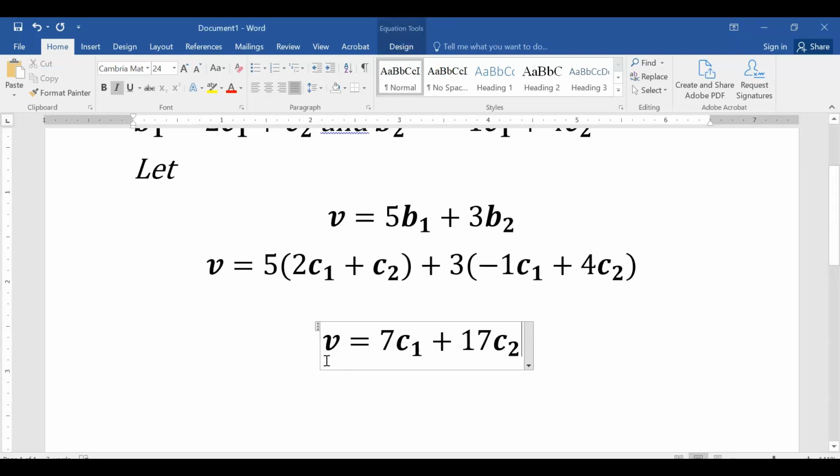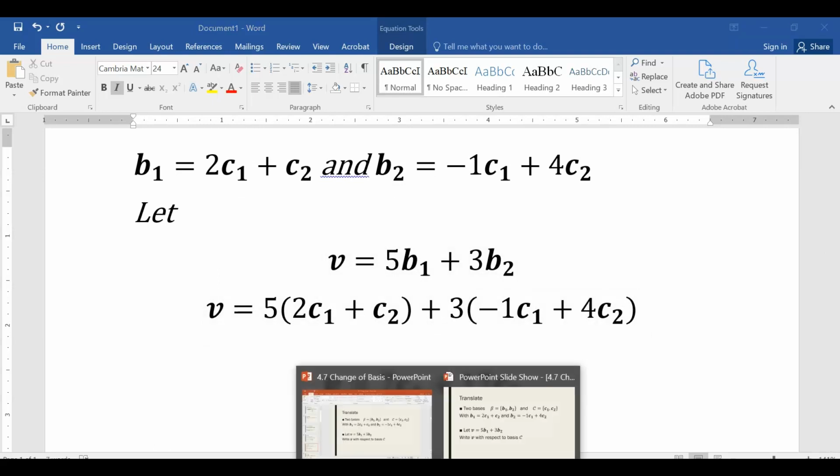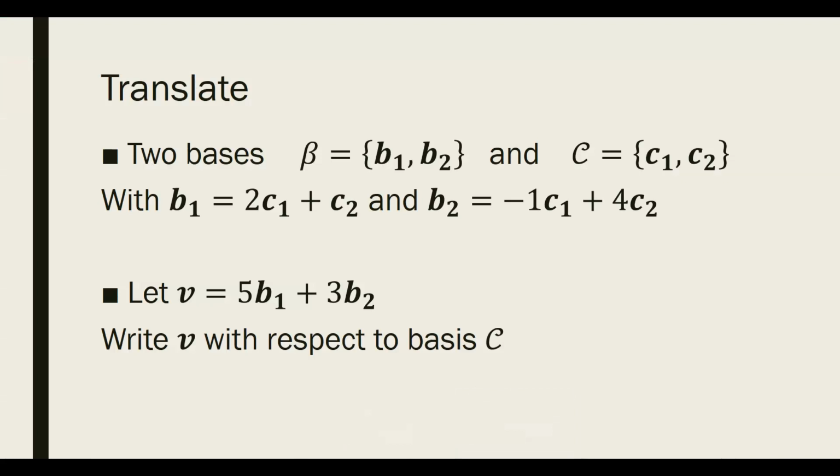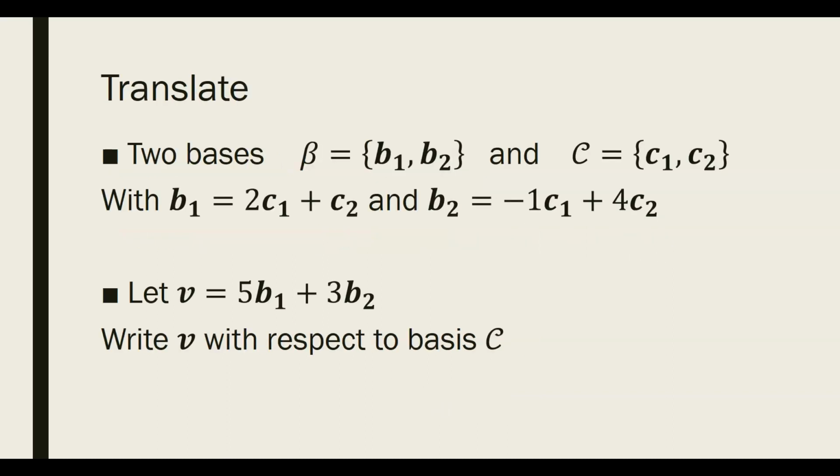That's how we would write the vector as a linear combination of basis elements from C. Now the nice thing about this is once you see that, we can translate all of this stuff into coordinate vectors. Because remember, a coordinate vector is just the coefficients of the basis elements from whatever basis I'm dealing with. So we can translate that all into coordinate vectors,